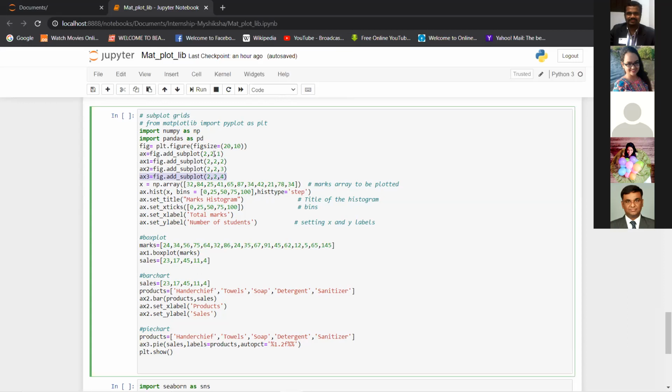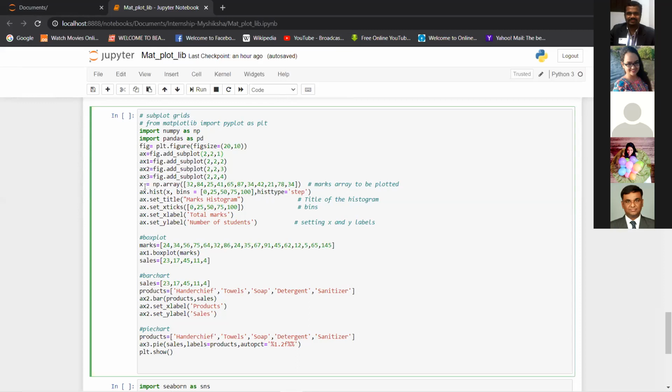So there will be totally four axes, and you will see four different charts appearing one after the other in four blocks. The first one will come on the left side, the second one just beside it on the right side of the first one. The third one will be below the first one, and the fourth one will be below the second one.